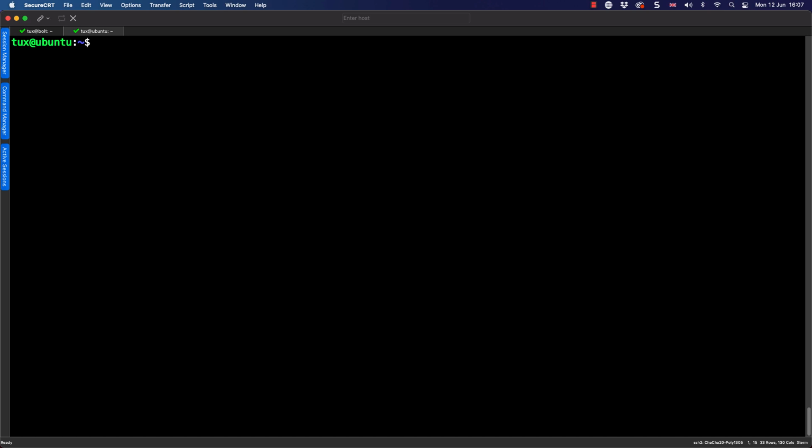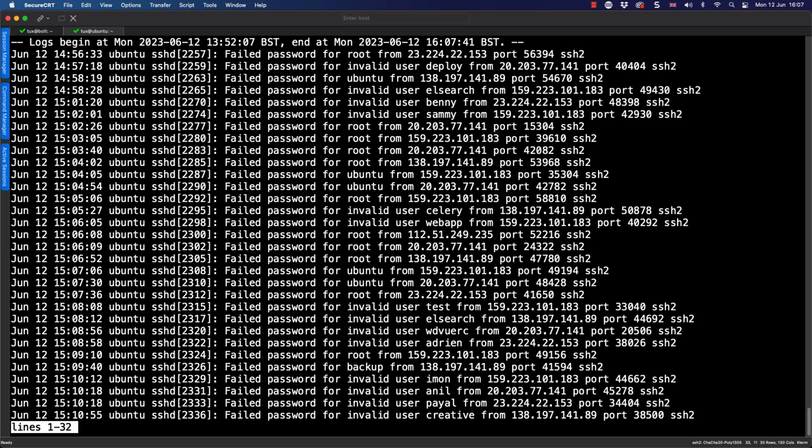Making a swift dash across to my other Ubuntu system, this has been up just 2 hours and 15 minutes, so a little bit less. But even so, in that time, it will have attracted some attention. So let's run journalctl and look for the -u, the systemd unit file of SSH, as it's called in Ubuntu. And we can go through and run a grep search, just looking for failed. So this will be our failed password attempts.